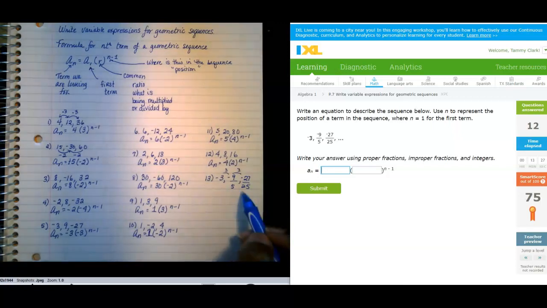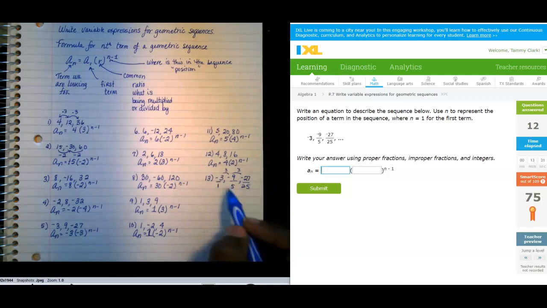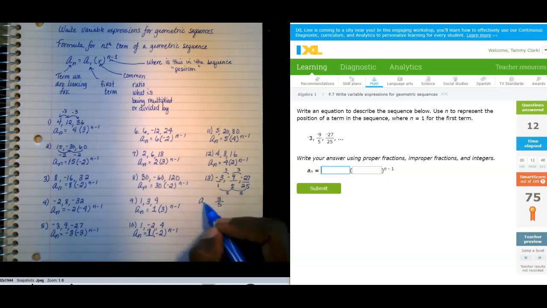Now think about this on the bottom. Well, let's make this into a fraction because the other two are fractions. So what do you notice is multiplying by on the bottom? Well, 1 to 5 would be 5, 5 to 5 would be 5. So really we're multiplying by 3/5. So this would go a sub n is equal to, our first term is negative 3 multiplied by 3/5,